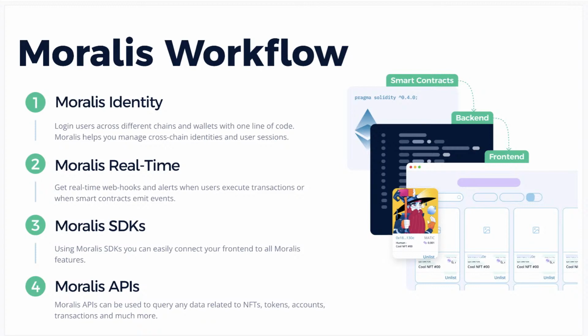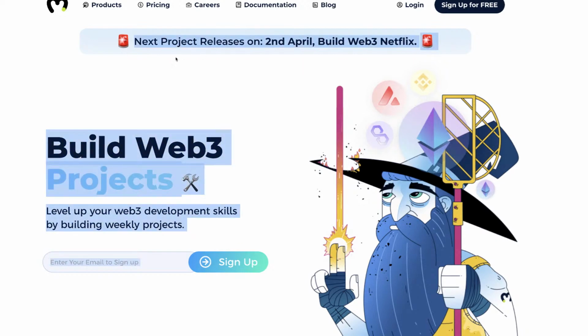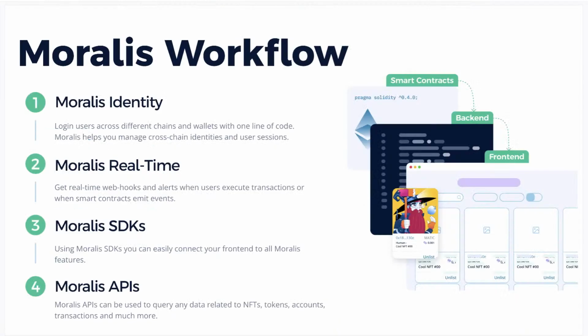What is the logic behind the Netflix Web3 project? Well, you're going to see. Sign up, and you will learn everything on April 2nd. Everything. And then after this, we're going to have another one, and then after this, another one. So we're going to have all of these projects popping out each and every week. You're going to learn something new. You're going to level up as a dev and as a person, because you will discover your limits. So you will grow your personality.